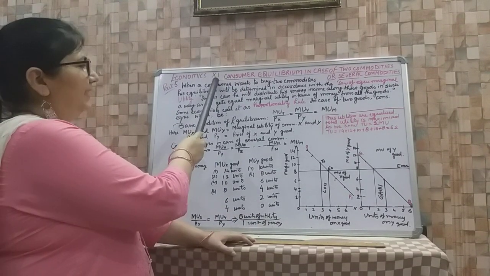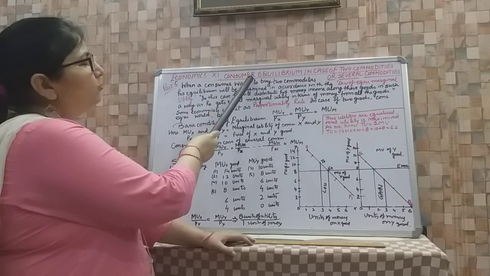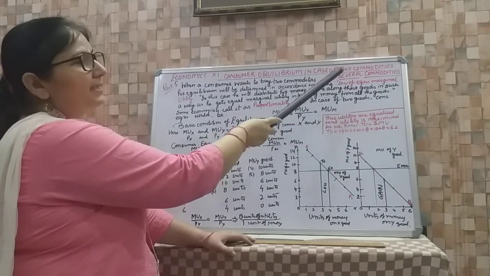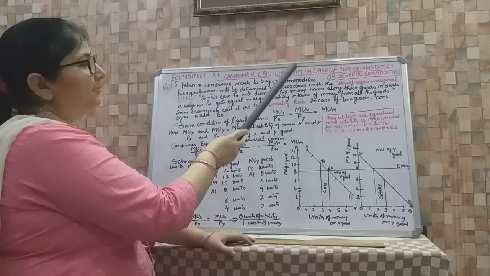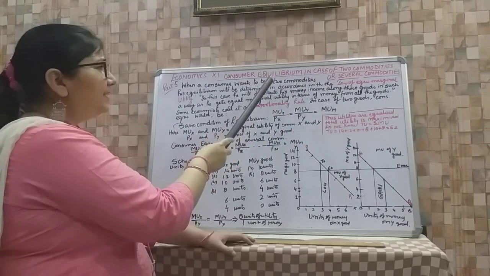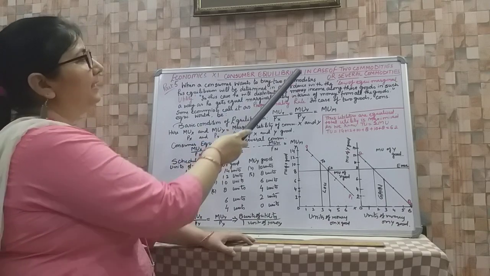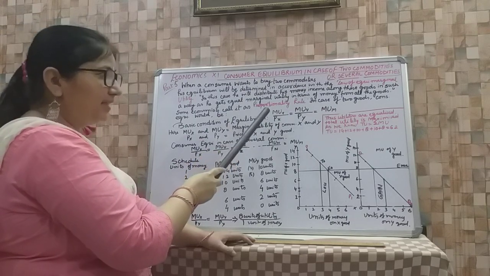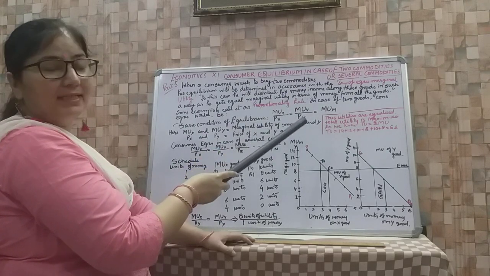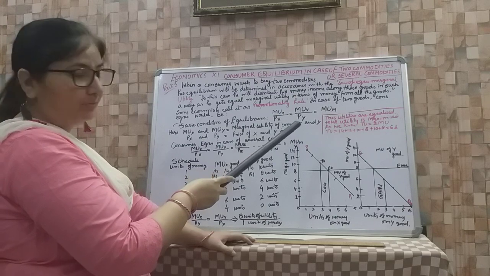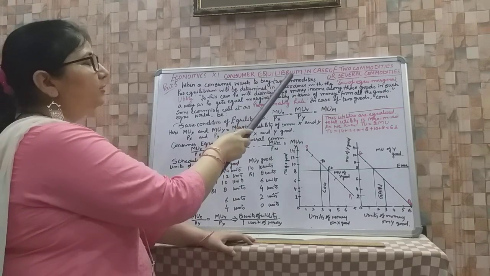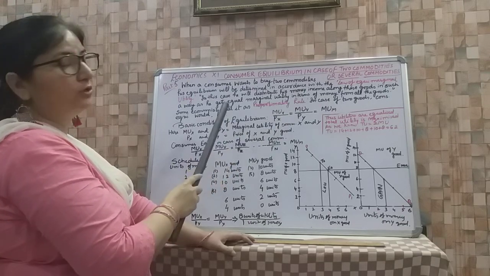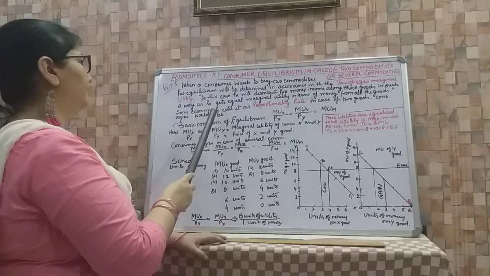Economics, class 11. Consumer equilibrium in case of two commodities or several commodities. In my previous video, we have seen the consumer equilibrium in case of single commodity. But in our practical life, we don't use only a single commodity but several commodities. So, the consumer equilibrium will depend upon these things which we are using in our day-to-day life.